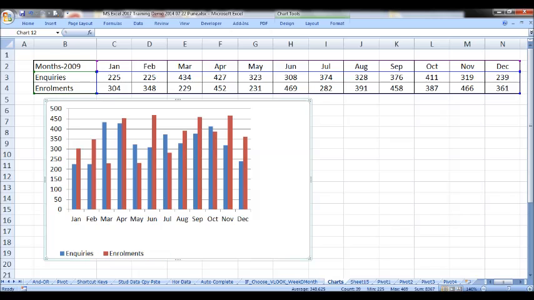Now still this particular graph is not meaningful so far as it is not reflecting what is what. So we have to assign titles for axis. So how to assign titles for axis? Go to layout.